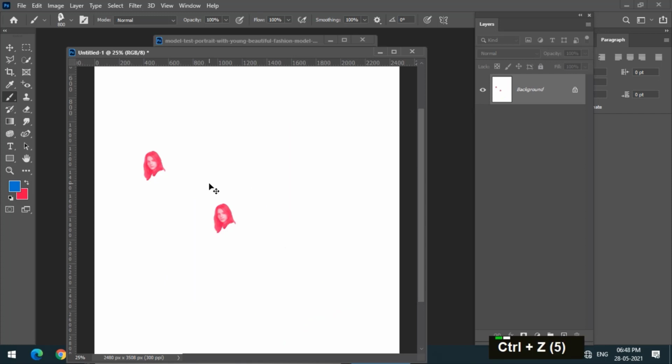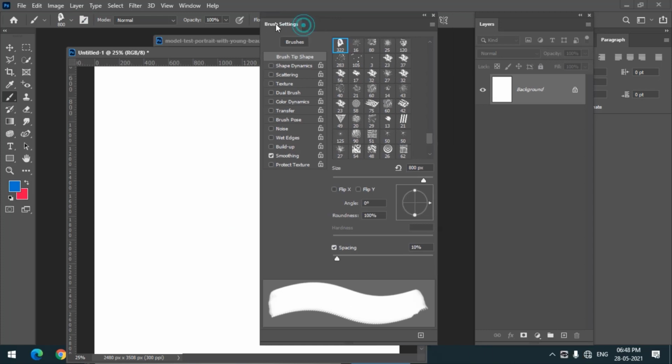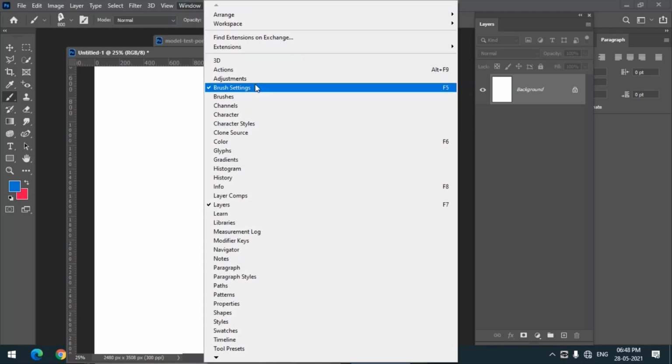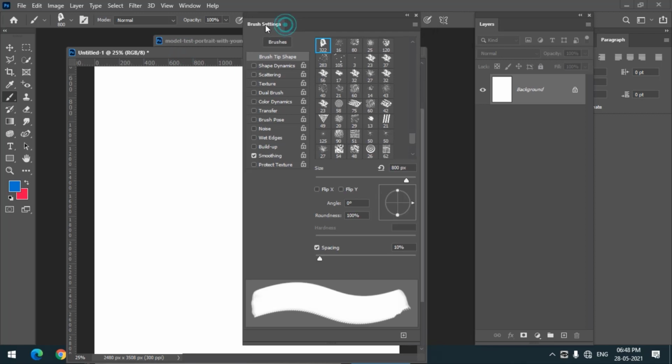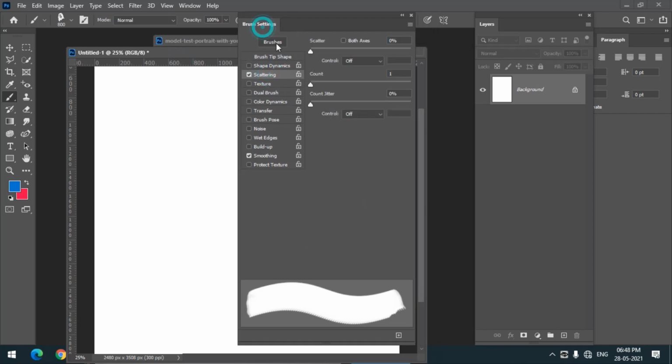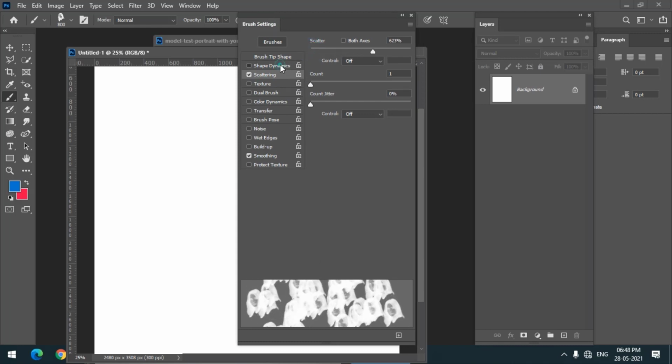What if I change the properties by going to the brush settings? You can either click over here, or go to Window and Brush Settings, or also press the F5 function key. If I want to scatter the brush, I can choose the scattering option.